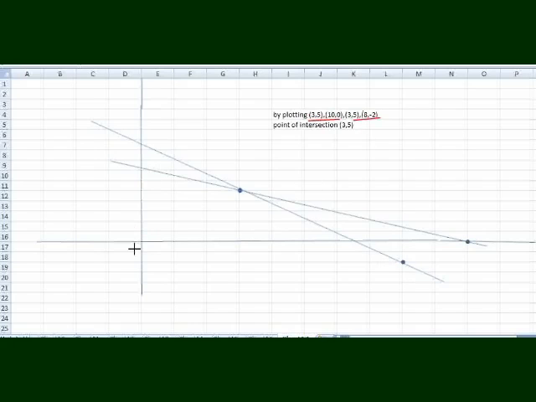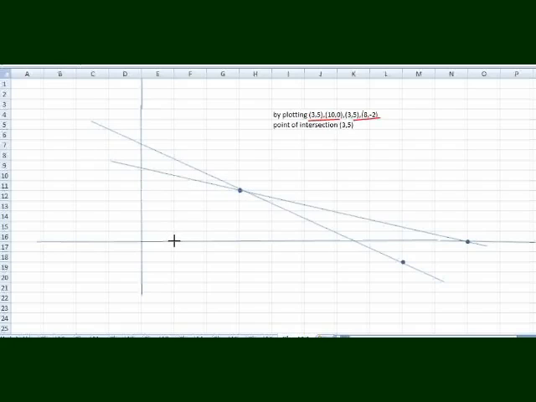Upward, the values of y will be positive, like 1, 2, 3, 4, but downwards the value of y will be negative, like minus 1, minus 2. So what will be the position of minus 2? That is minus 1, next is minus 2. So 8, minus 2 will be plotted in this position, and we will join these 2 points. We will get a straight line. These 2 straight lines will meet at a point of intersection. These 2 lines will intersect each other, and the point of intersection is 3, 5.